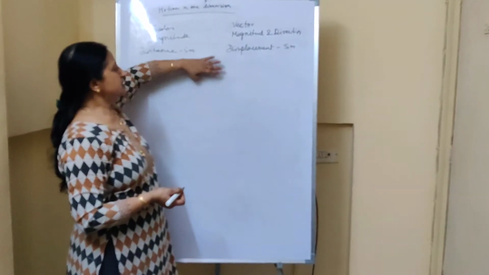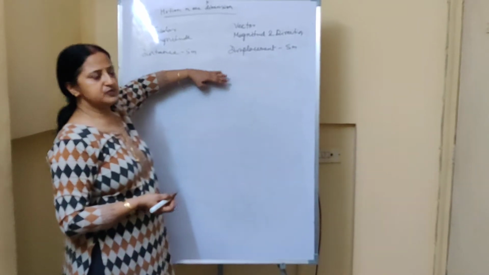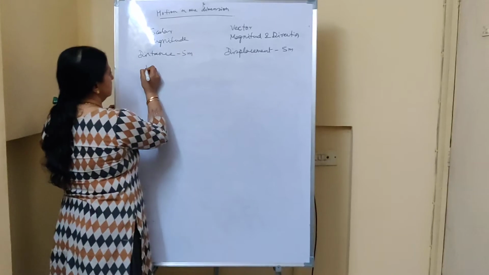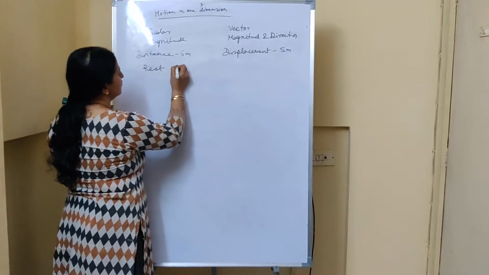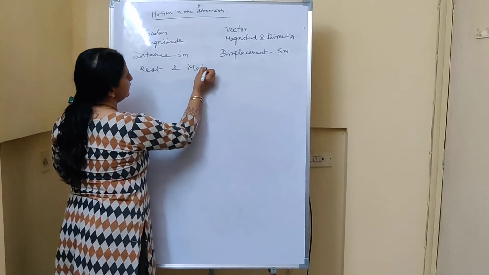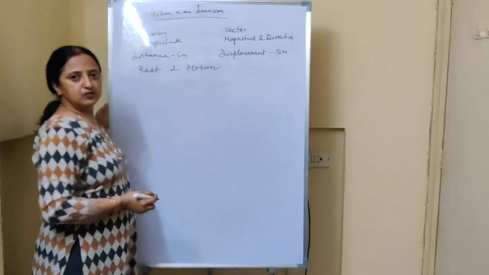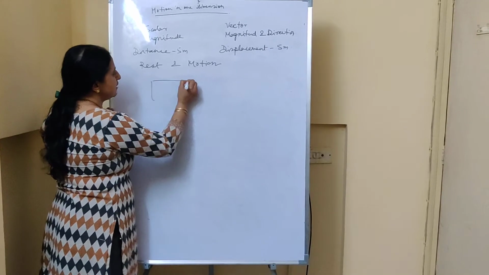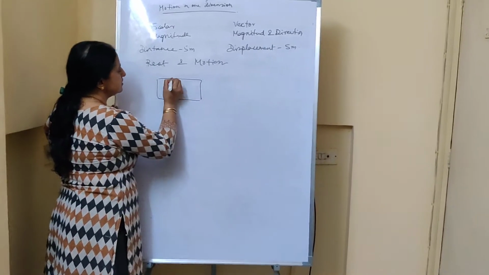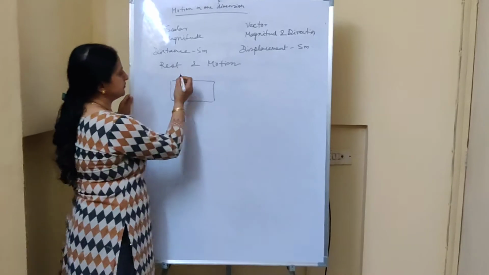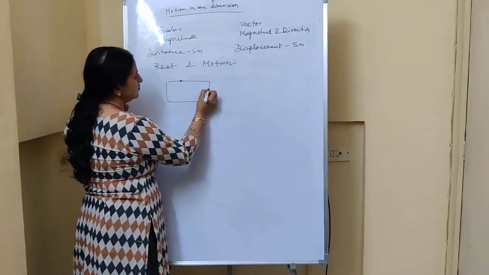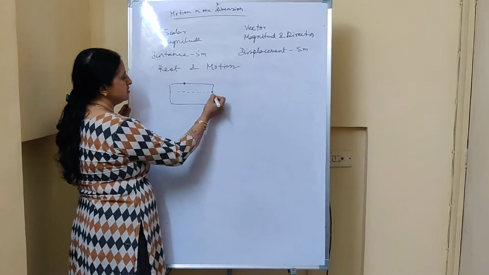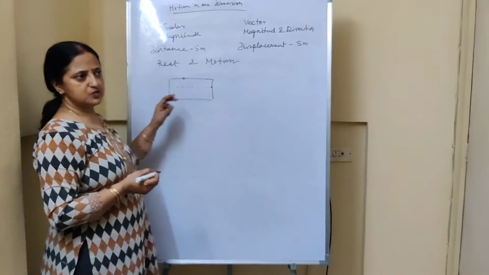Before going to the next terms, we have to know about the difference between rest and motion. What is the meaning of rest and what is the meaning of motion? Suppose you are sitting in the park. So you are sitting at this point, you are at rest. Now your friend moves in the park from one corner to another, he is riding a bicycle or he is walking.